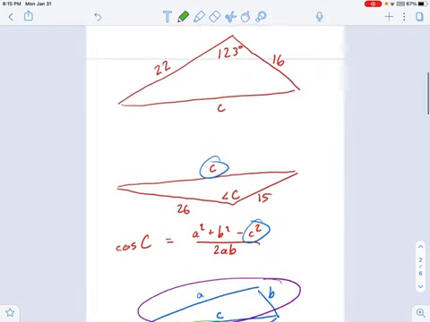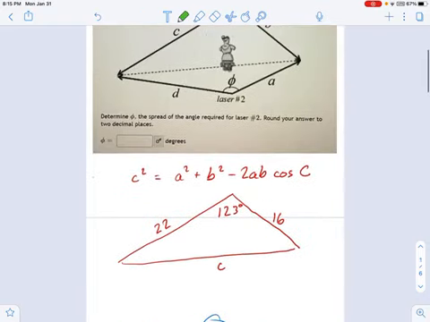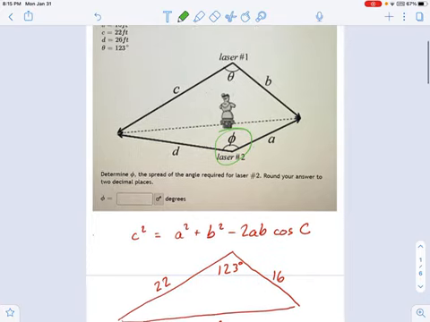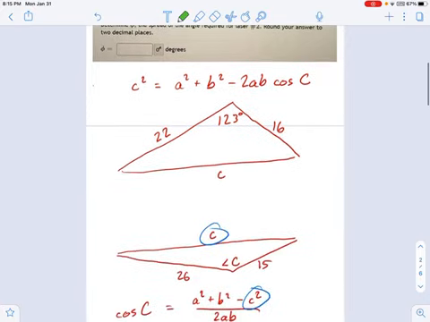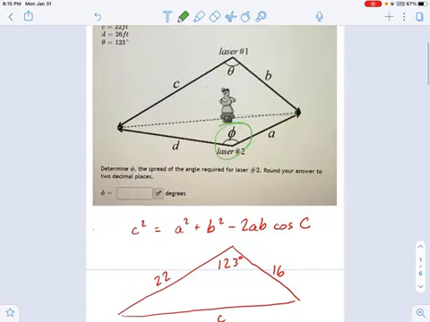If you have a problem instead, which simply asks you for an angle, you're going to use law of cosines to work your way towards that angle by finding the joining side in the middle. That's your connection right here. Once you can find that side, you can use another iteration of the law of cosines to find your angle.